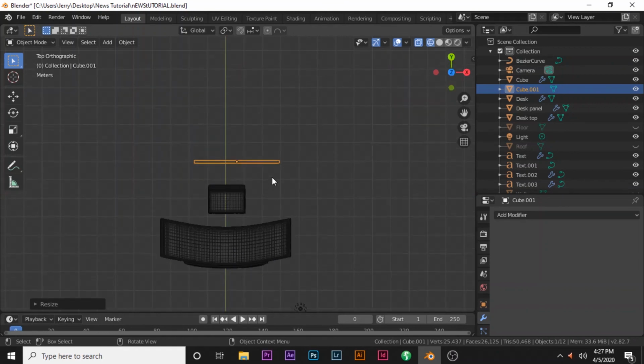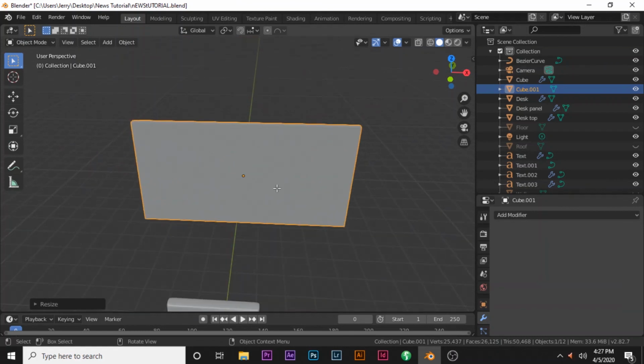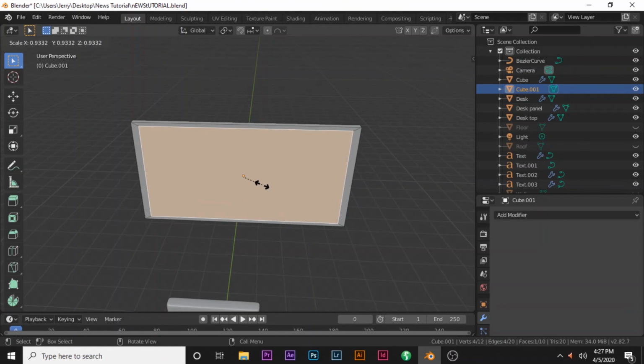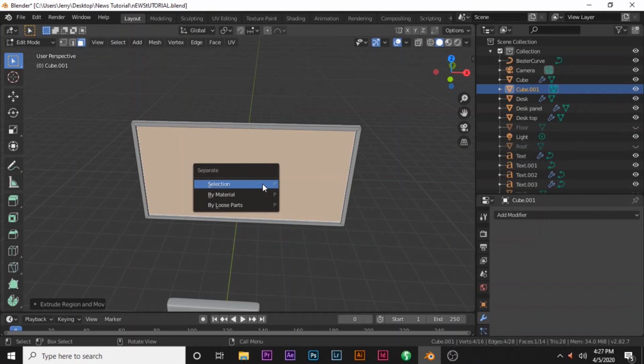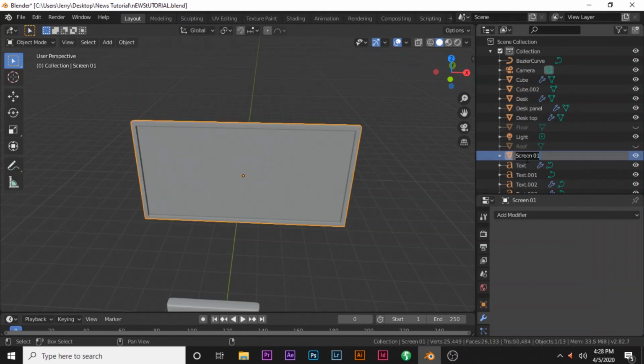And then go to the top view. Okay, it's fine. Then go to solid, and then I'm going to just make it a proper screen now. I'm going to go to face select the front face, extrude, S to scale it in, and then scale it to the X a little bit like so, extrude to the Y a little bit, and then P by selection. This particular one is gonna be the monitor